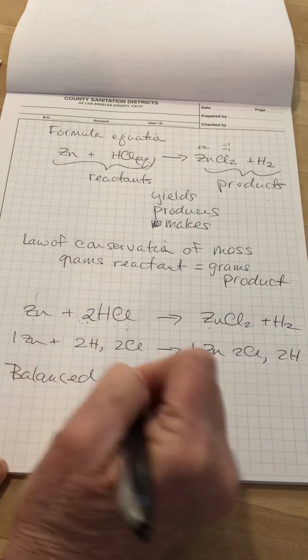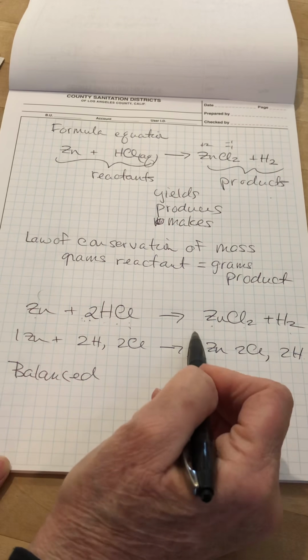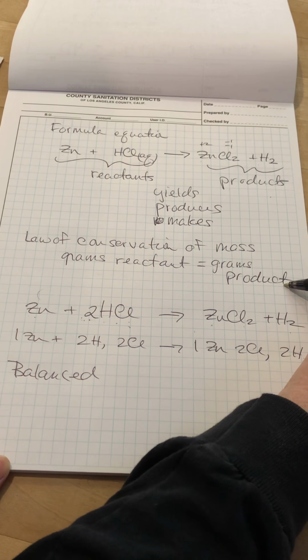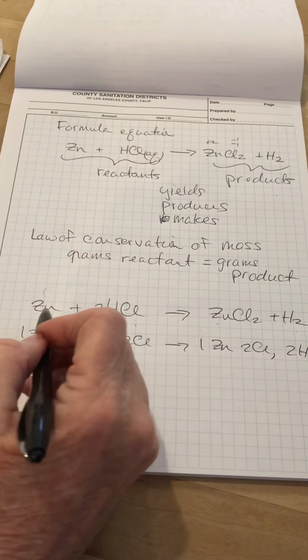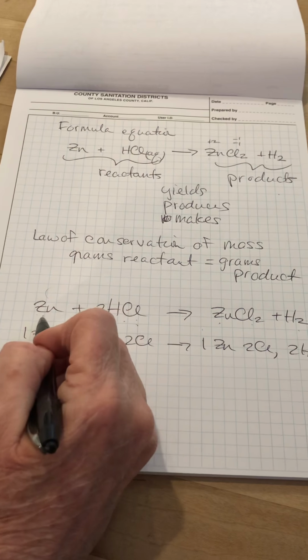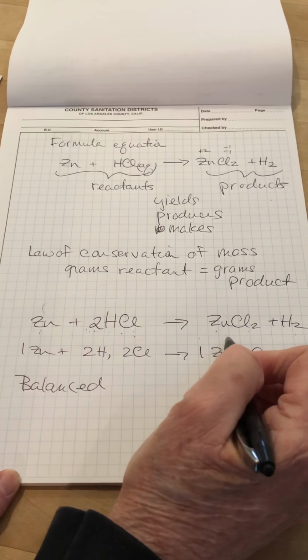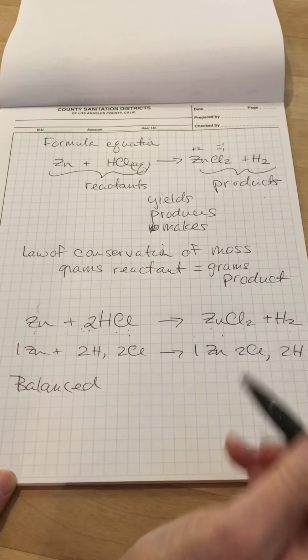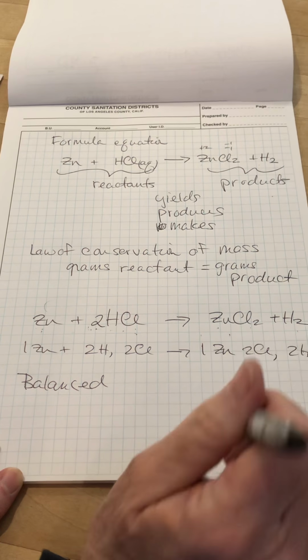Now with a balanced equation, you can do calculations. It's obeyed the law of conservation of mass. You can use it in the lab to say if I have so many grams of zinc, I'm going to produce so many grams of zinc chloride. But to do all of that, your equation has to be balanced, and that's what we're going to do the